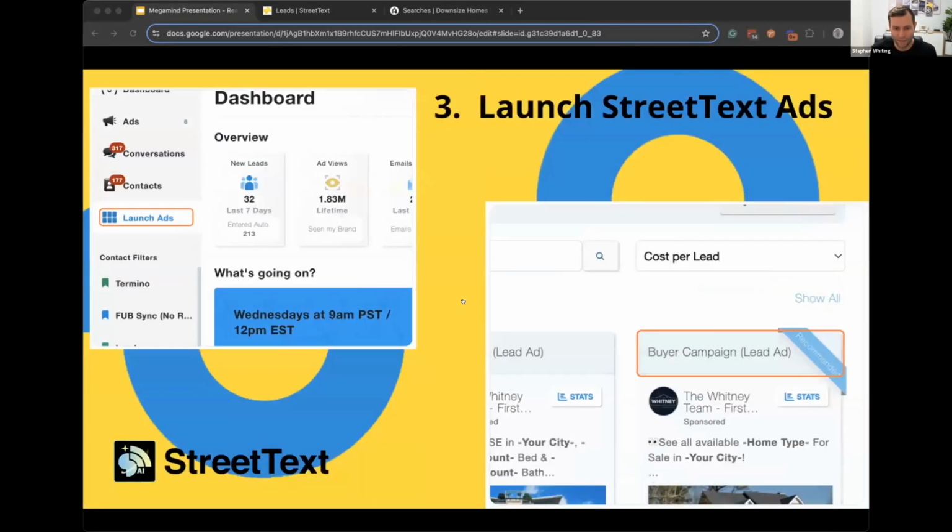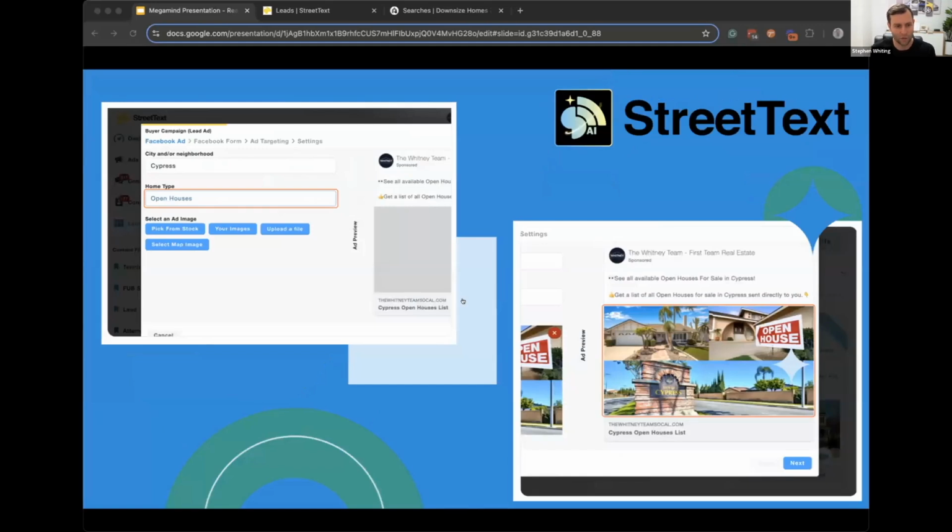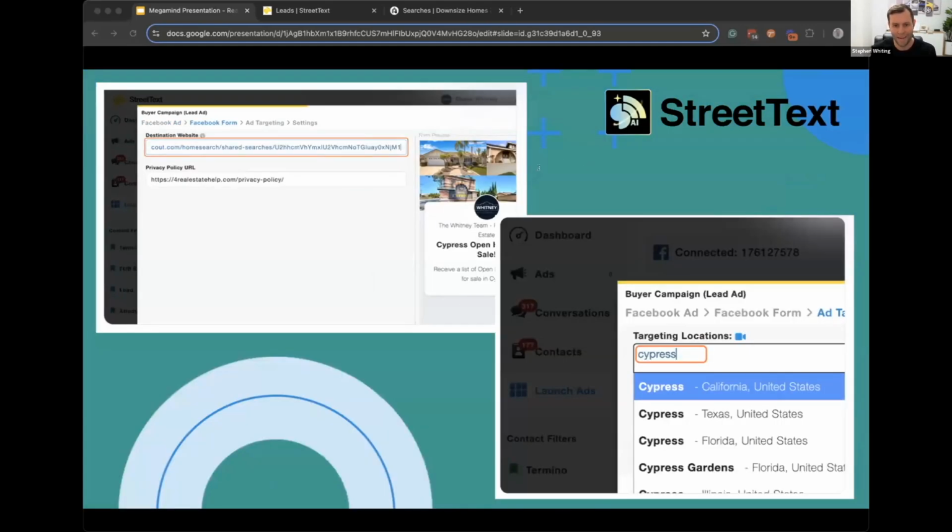You're going to head back to StreetText. From here, you're very familiar. You're going to click Launch Ads. You're going to choose a proven buyer template like the buyer lead ad. You can click Select. In this case, put in open houses in Cyprus. Pick a quick image. You're gonna paste now that Real Scout search link URL that we just copied, and that's